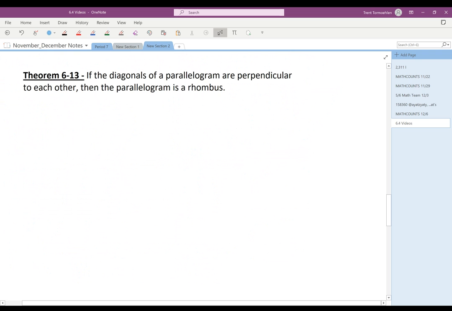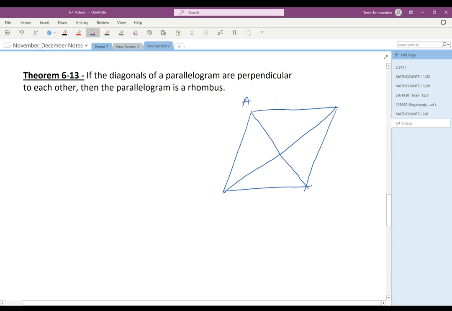6.1-13: if the diagonals of a parallelogram are perpendicular to each other, then the parallelogram is a rhombus. I think we're going to go by and not prove this one, because it's a pretty simple one to prove. What this is saying is if we have a parallelogram and we know that the diagonals are perpendicular, which means